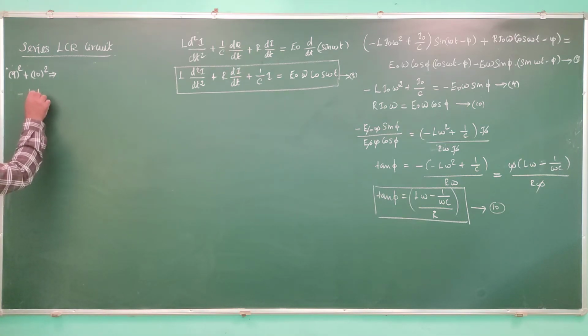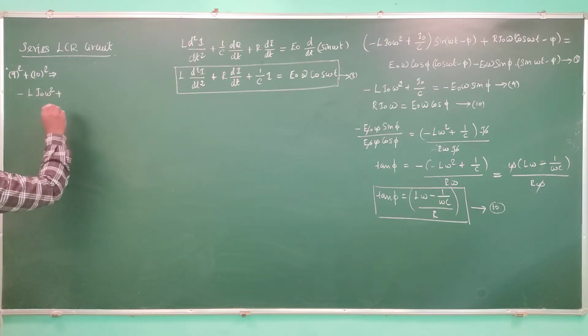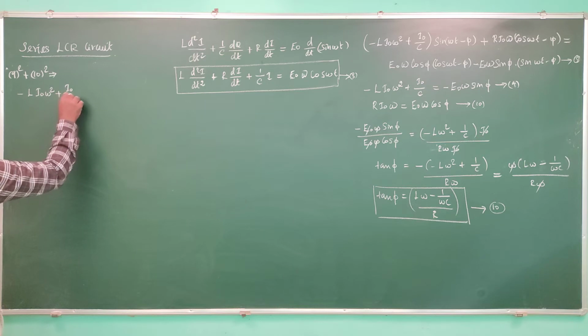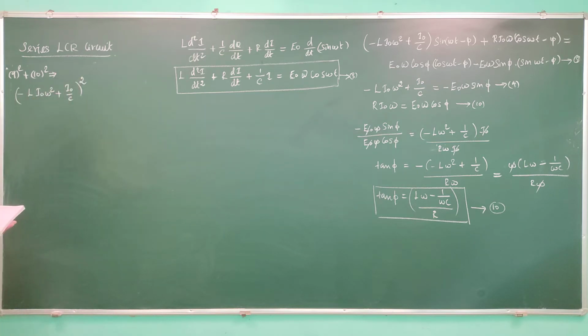Minus L I naught omega square plus I naught by C the whole squared,